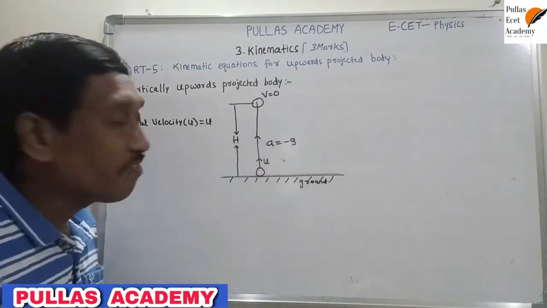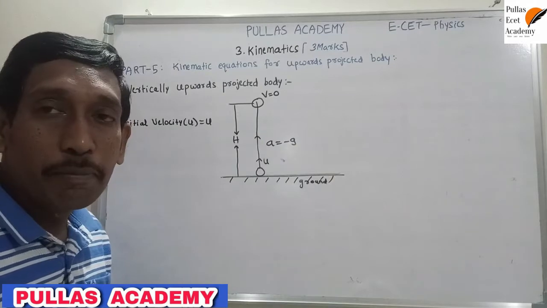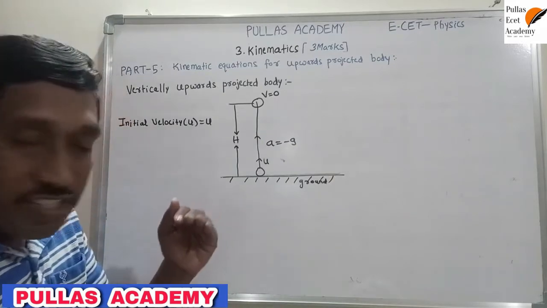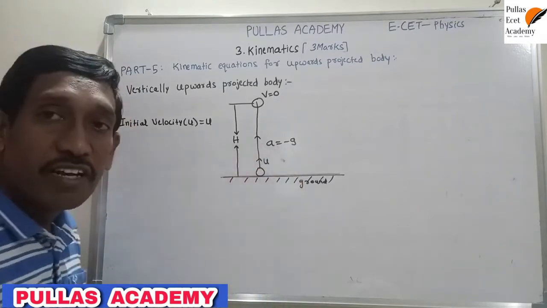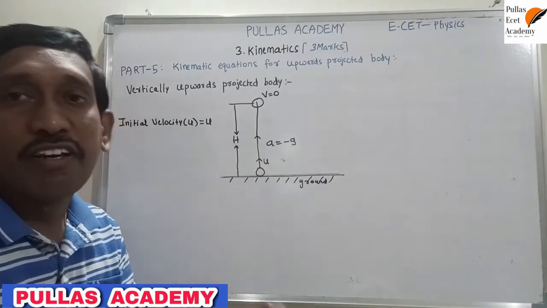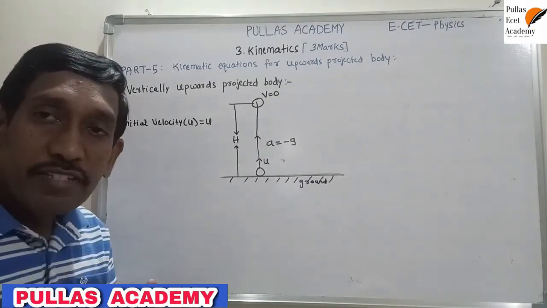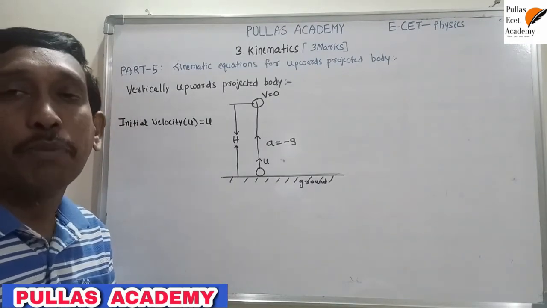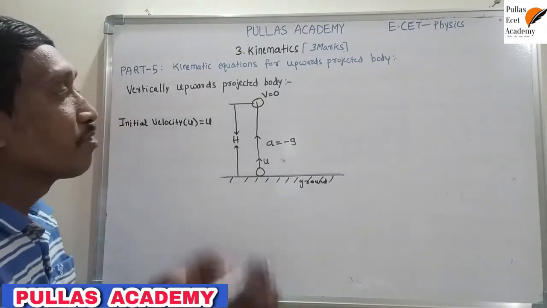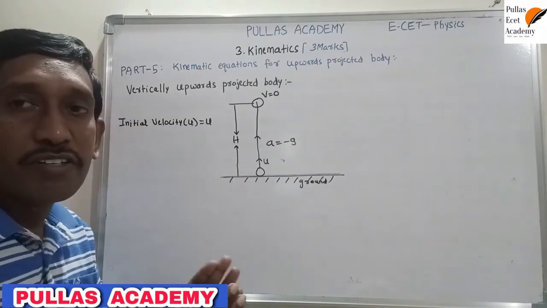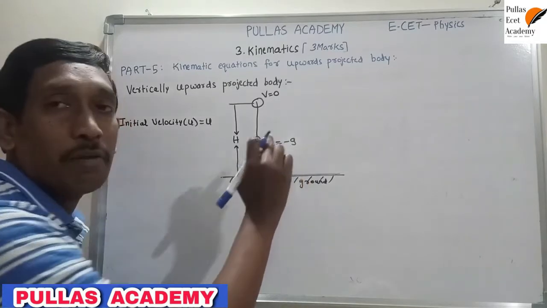Why write minus g? Velocity decreases with time, that is negative acceleration, already explained in the previous classes. When velocity increases with time, that is positive acceleration. Velocity decreases with time, negative acceleration. So when velocity is constant, acceleration is 0. When velocity changes, it has acceleration. In this case, velocity increases with time, that is positive acceleration. Velocity decreases with time, the body has negative acceleration. So for an upwards projected body, velocity gradually decreases with time. From this concept, understand that's why always a is equal to minus g.